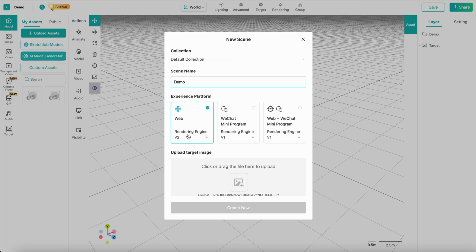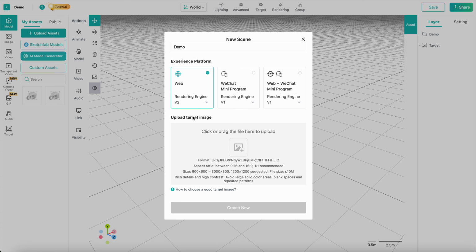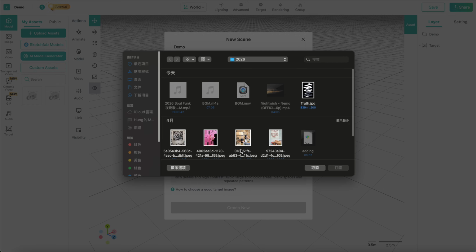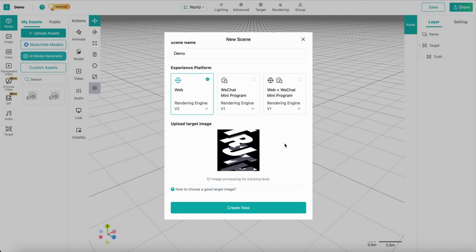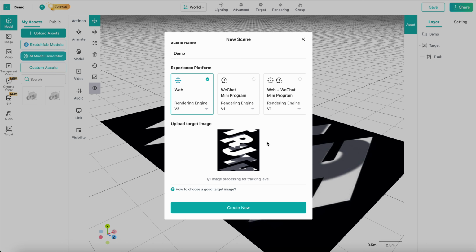Using rendering engine version 2, you will have a better image quality. Well, for the target image, that means the image tag, that means maybe the elements from your poster, or the image of your whole poster. So right here I will use this one for the sample. All right, so after you have uploaded the target image,